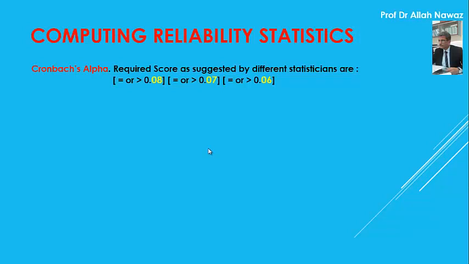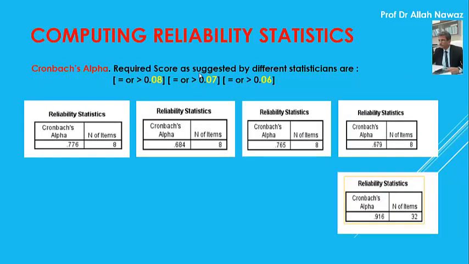We left this screen for computing reliability statistics, and we did it using the Cronbach alpha as the measure of reliability, and got some results about 4 variables and the questionnaire. So let's place those results onto the slideshow. Here are the 5 results, 4 of the variables, and the last one with 32 items, the result of the questionnaire.